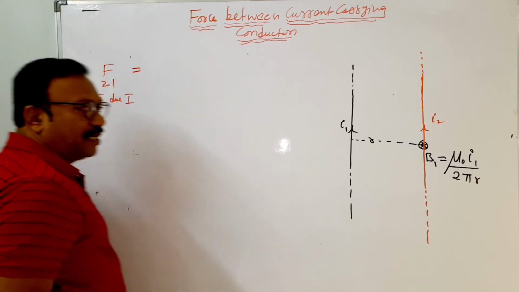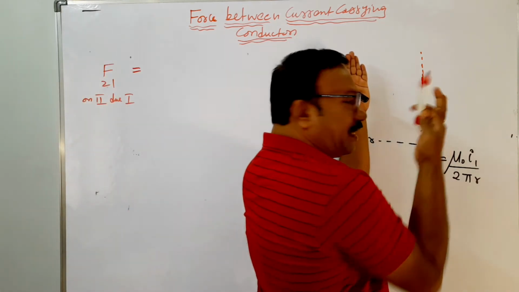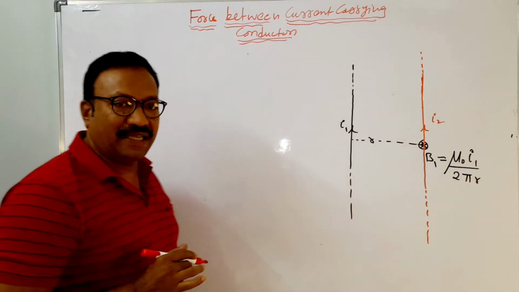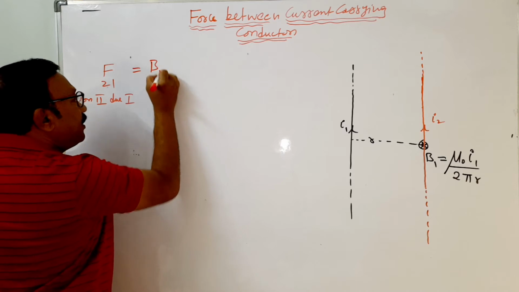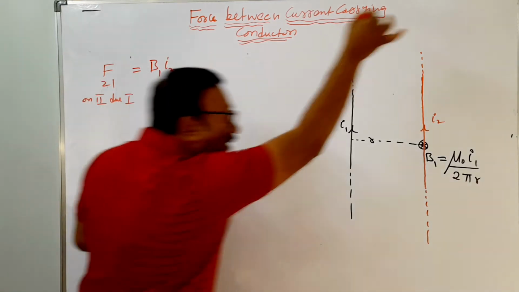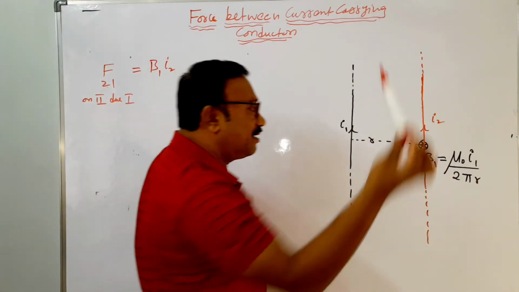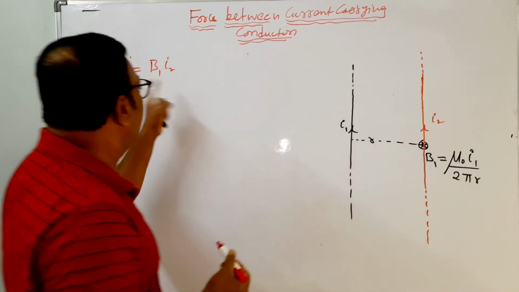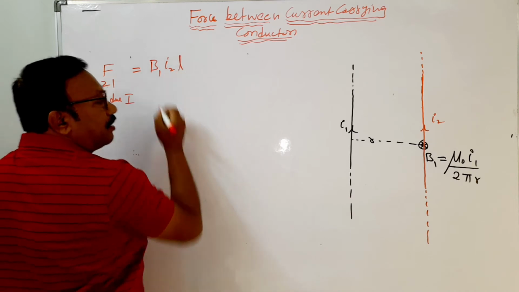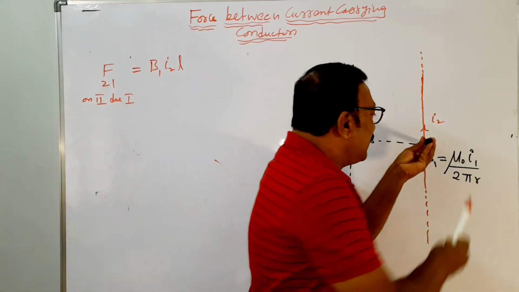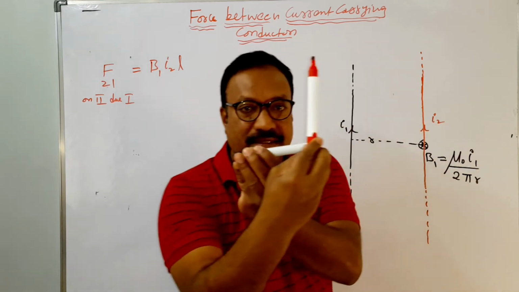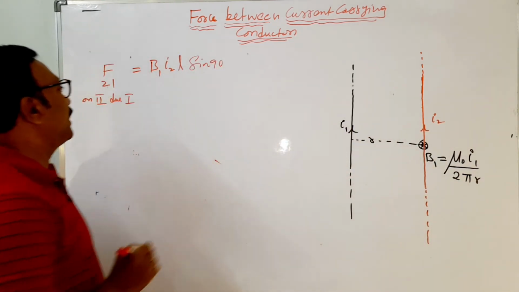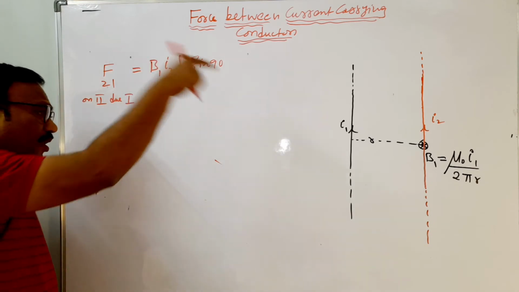And this is given by, so independently this is kept in magnetic field, you think now. So what is the magnetic field there? B1. So what is the formula? BIL sin theta. So I means current in this conductor, because this is a current carrying conductor kept in the magnetic field of B1. So what current is it carrying? I2. So B1 I2 L, of course the magnetic field is inward and current is upwards. So theta is 90 degrees, sin 90 is the force acting on this second conductor.